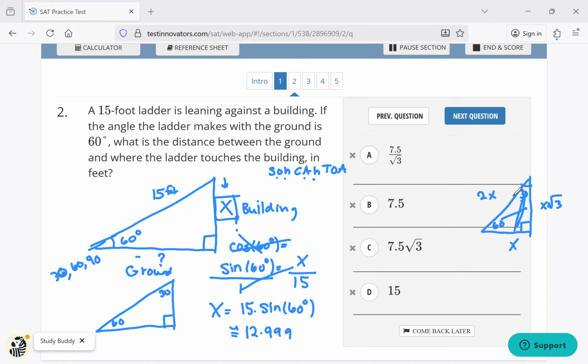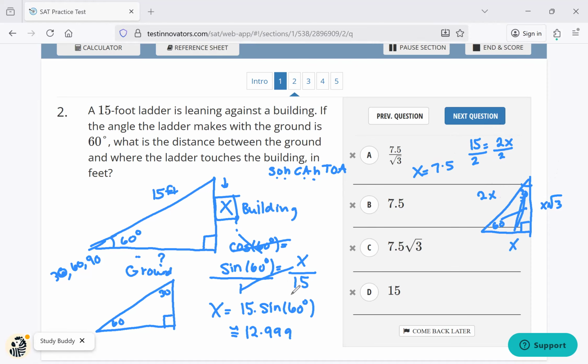Do we have any of this information? Yes, we have the hypotenuse. Our hypotenuse is 15. So we can say 15 is set equal to 2x. And then you solve for x by dividing both sides by 2. 15 over 2 is 7.5. Okay, so what that means is this length here,